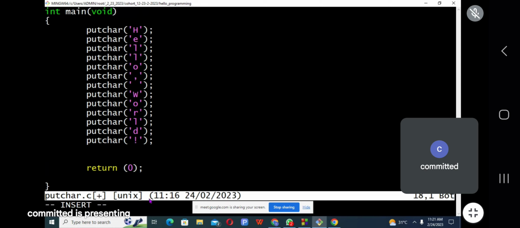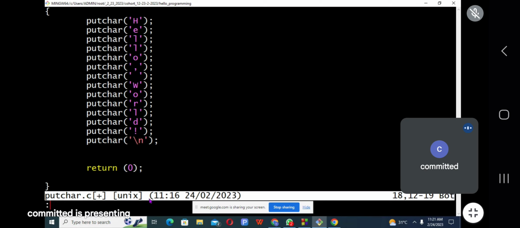Now, you can also add a new line. Let's put a new line. To print your new line, use your backslash n. That is your new line.